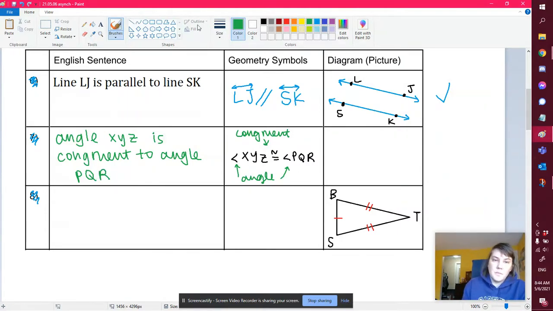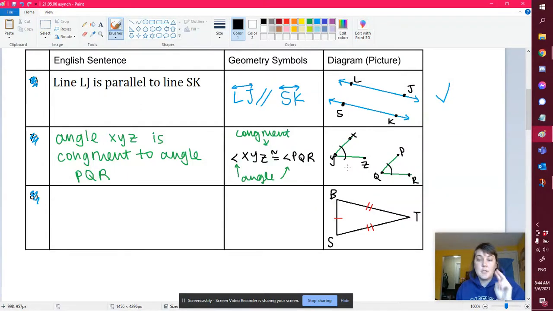And then the picture, I've got a lot of options, right? I can draw an angle, I can copy and paste it over here, and then I can label one of them as XYZ, one of them is PQR, and be done with it. Right, that's definitely, these two angles are congruent. Sorry, not done with it yet. Once I draw them, I have to label that they're congruent, right? We can't rely on mathematicians, me and you, being good at drawing, because some of us aren't. So we have to put in the notation that these two have the same marking,